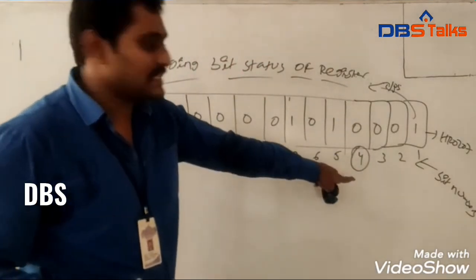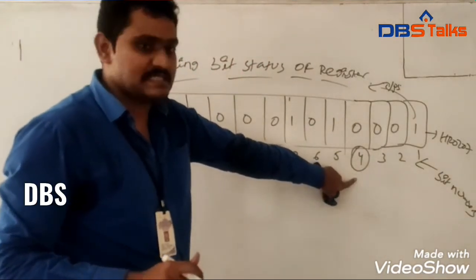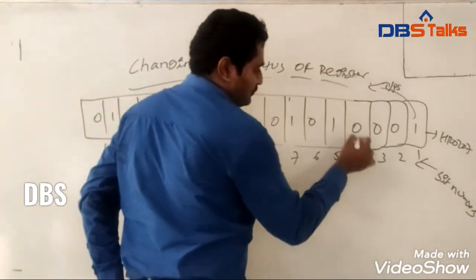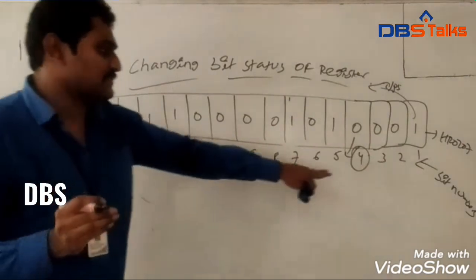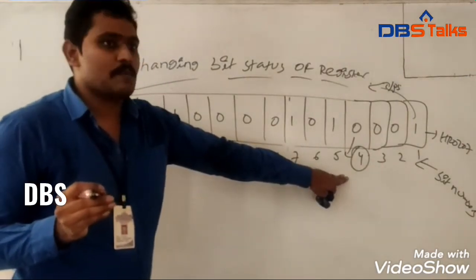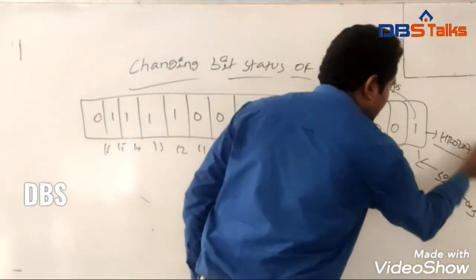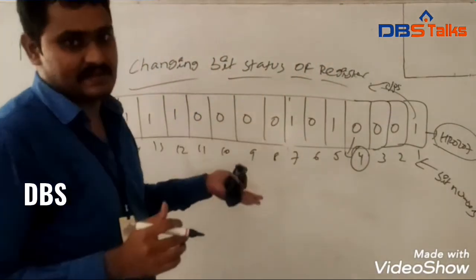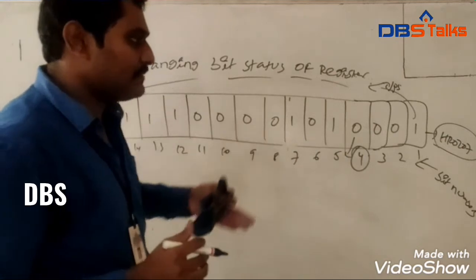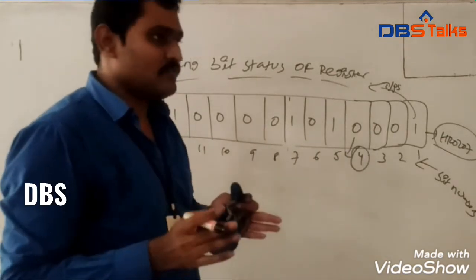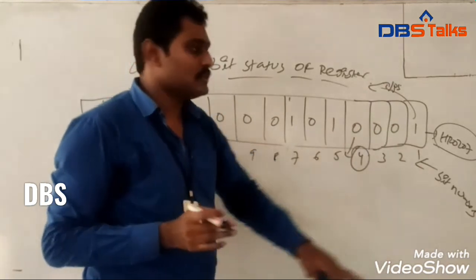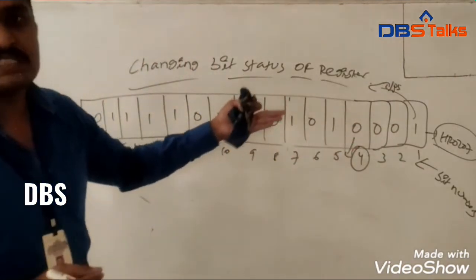Suppose you wish to change the status of this bit. Here we have 0. If you want to change the status of this bit value, we will call this HR0207 register onto the screen, and after that we will rewrite this bit pattern again. That means by pushing return, we are inserting this bit pattern into the PLC CPU. So this changing process is very slow.